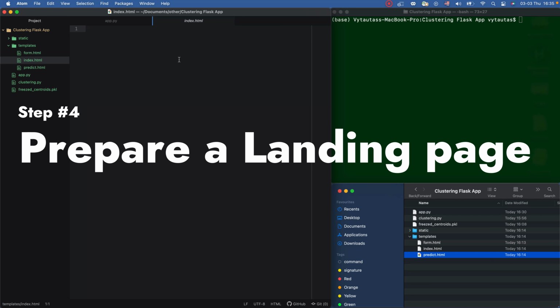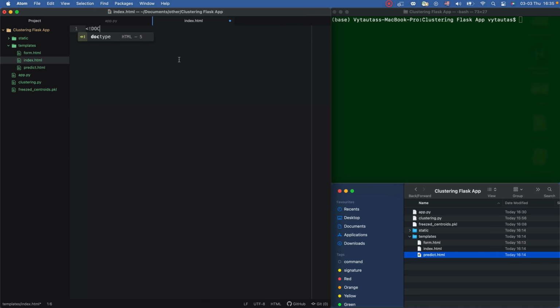Okay, and on the main page, it is index.html. I need to set up the full code that is supporting my Flask application, and this is HTML, and in this HTML I need to define some metadata. It is in the head block right here. It is a meta character encoding. I'm using UTF-8. Okay, and I'm defining also